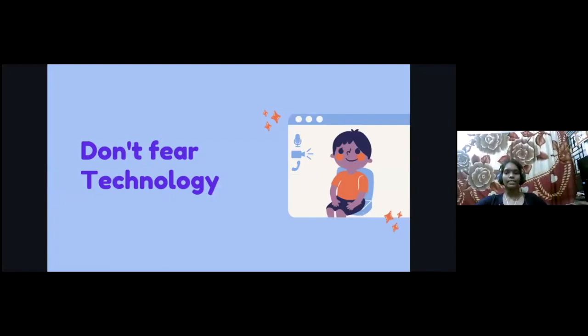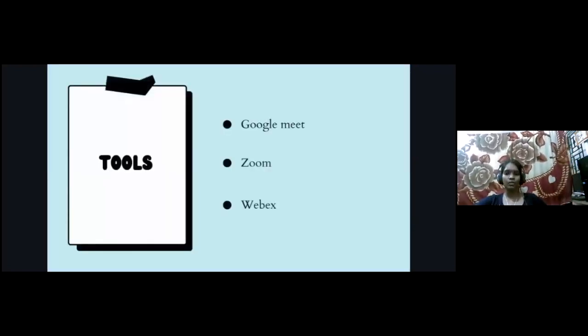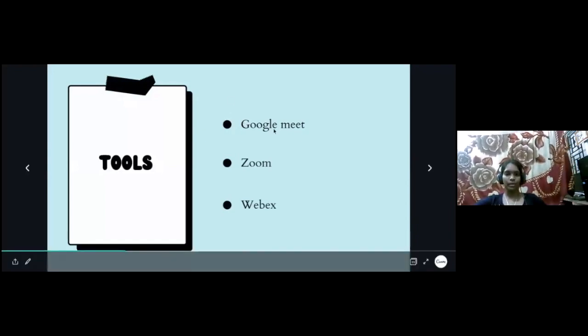And like English grammar, there are a few basic grammar rules and syntax with technology. Everything is the same, and when you start learning with one tool, you just get adapted to all the tools. We have Google Meet, Zoom, and WebEx. We have different platforms to reach out to kids and teach them online, and all of them share the same features. You can turn your mic and video on and off, and in Zoom you have the same options.